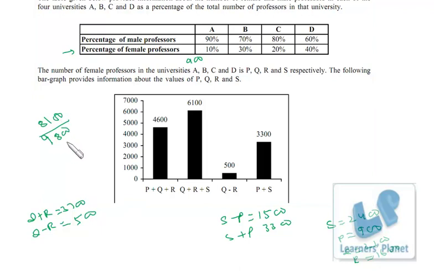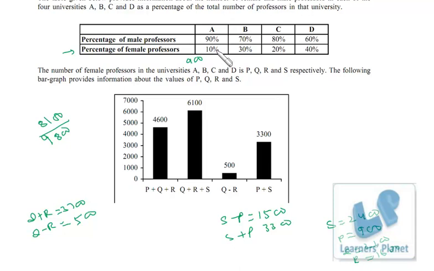Now 8100 out of 9800 is obviously more than 80%. If 9800 were instead 10,000, it would still be 81%, right? So it is less than 10,000, so our figure will definitely be more than 81%, right?